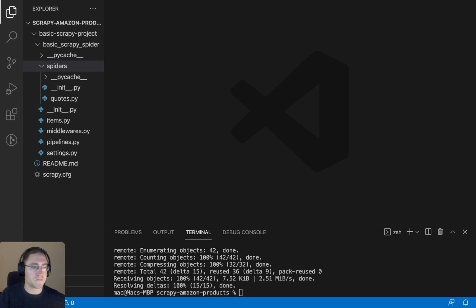So now that we have this spider downloaded, I'm just going to go ahead and look at setting up the proxy that we're going to be using for this tutorial. So the reason we need a proxy is because Amazon blocks spiders from crawling and scraping its pages. Obviously, Amazon feels that the information it has is very valuable, and it doesn't want to give away that information